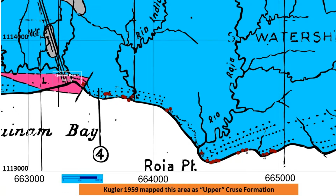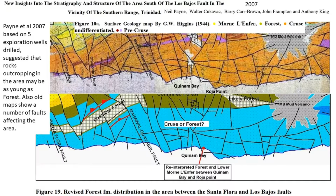The Lengua outcrop, however, cannot exist within the Upper Cruse as mapped. Payne et al. in 2007, based on paleoanalysis of 5 exploration wells drilled by Quinam, discovered that the surface outcrops were actually Forest or younger. All the geological maps identified a number of faults which were then used to model this new interpretation of the